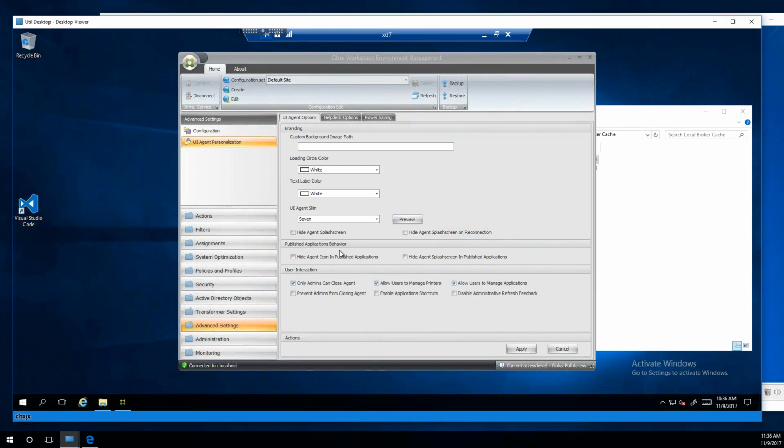The question, I guess, becomes, are you using the GUI aspect or using the command line agent? If you're doing a published app, you're not getting a full Windows experience. So there are some things currently being run by the UI agent that don't necessarily occur with the command line agent. So if you're doing published apps, you pretty much always want to do the command line agent, or at least hide the splash screen during published apps, because the splash screen also adds more time.